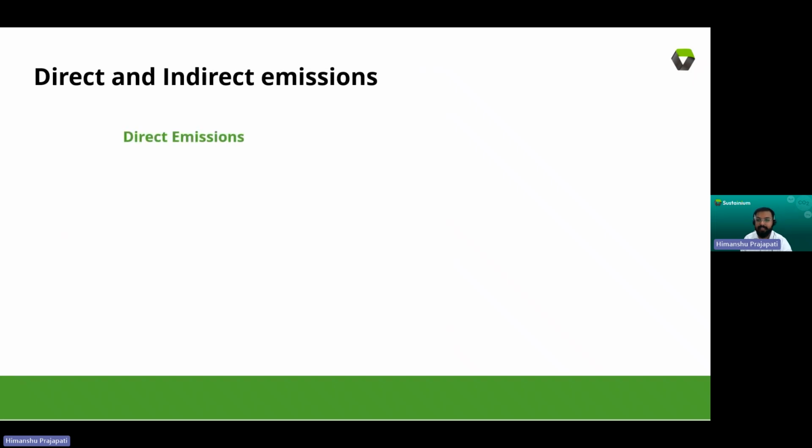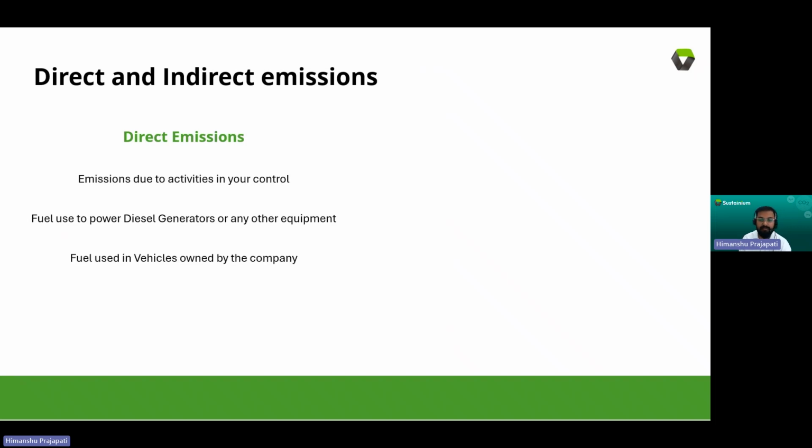When we talk about direct emissions, these are emissions which are due to the activity which is in control of the organization. So for an example, if you're burning fuel on your site and generating power through a diesel generator or any other equipment, any fuel which is used in the vehicles which are owned by the company, or any fuel which is burned for any activity in the building that you occupy. So these are called direct emissions, whereas indirect emissions are those for which you do not have a direct